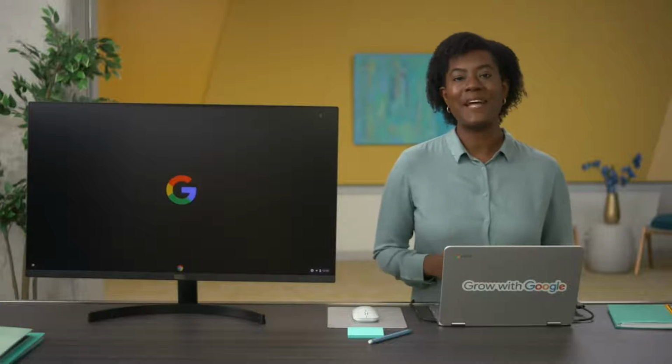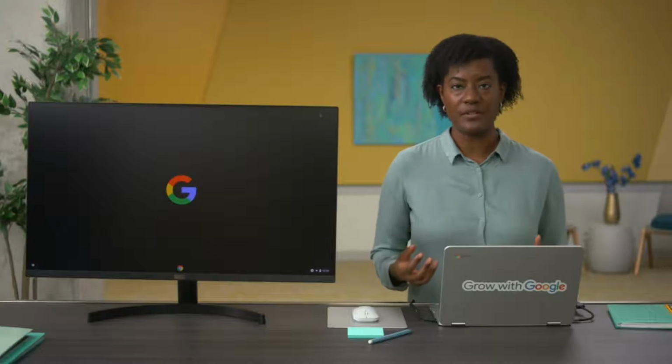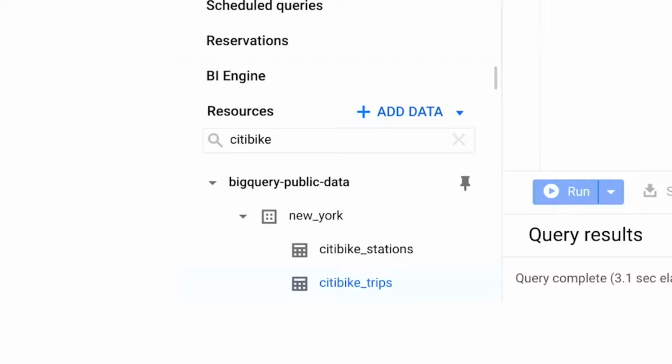For example, the bike sharing company has two different kinds of customers: one-time paying customers and subscribers. Let's say we want to find out what routes are most popular with different user types. To do that, we need to create strings of recognizable route names that we can count and sort. We know that the information we need is in the station and trips table, so we'll start building our query accordingly.